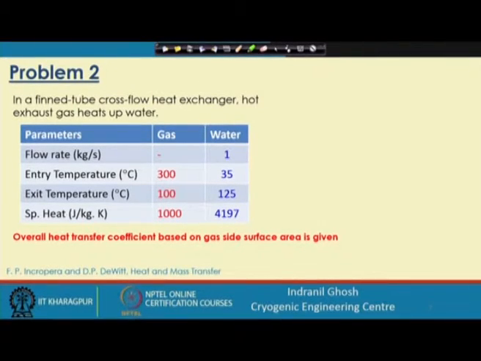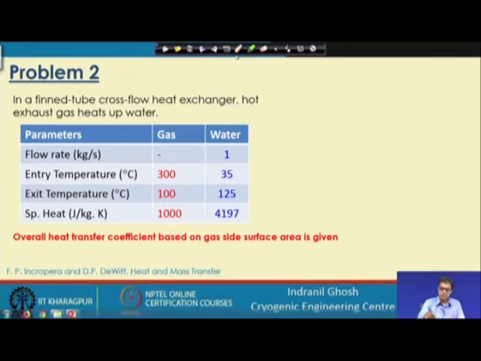In this problem, it is a cross flow heat exchanger where the hot exhaust gas is being cooled by the water. So, the parameters are already known to us. We know the flow rate, entry and exit temperature of the gas and the water stream, and since the inlet and exit temperatures are known, we also know the fluid properties and that remain constant. It is not changing with the length of the heat exchanger. It is also given